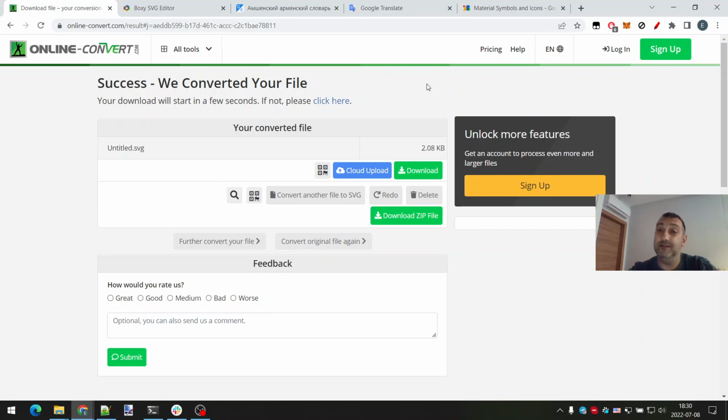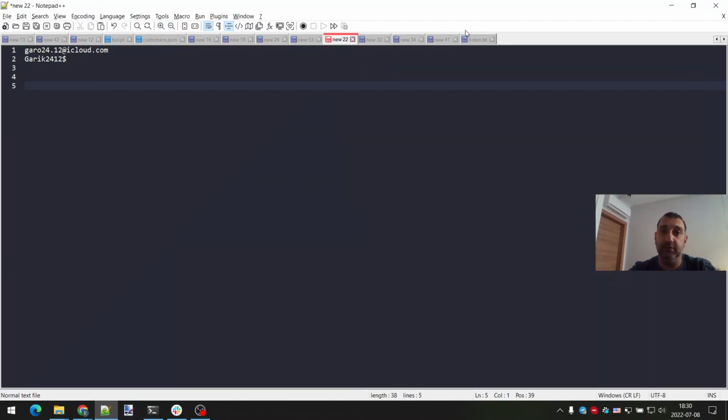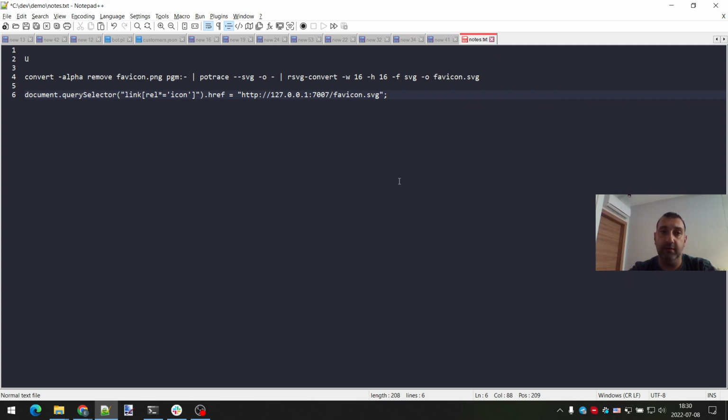I did not want to install Inkscape, another application, which is probably a great application. Read a lot about it, never used it, but I did not want another application. So I googled around, and one application that was coming up a lot was this potrace. Now it's a Linux application. I'm on Windows, but